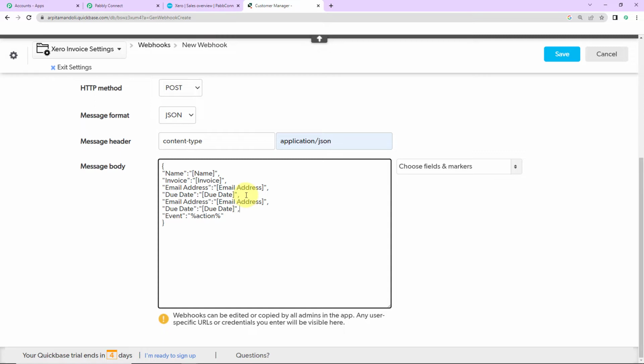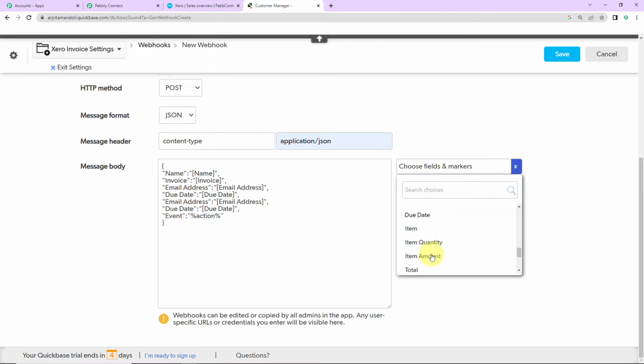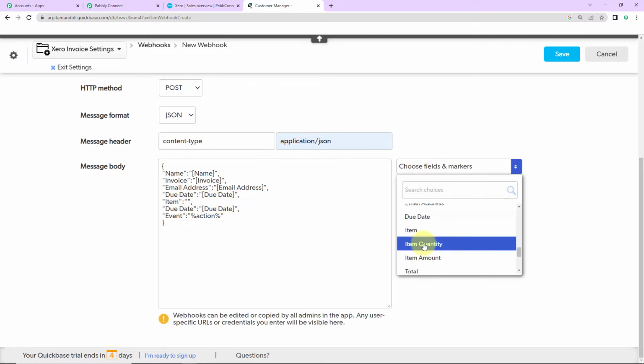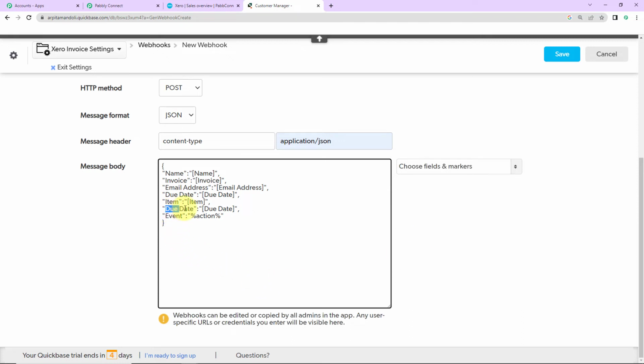and then we have to fill in. After due date, we have got item, item quantity, and item amount. So here I'm going to write item, and here we are going to map item, right? So I'm going to click on this, and this is the item. Then we need item quantity. So item quantity, and let's delete this, go here, this is item quantity,